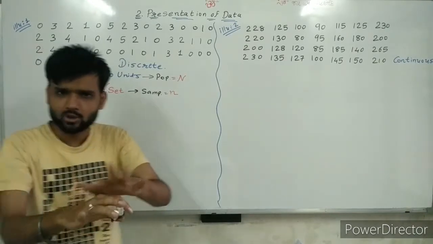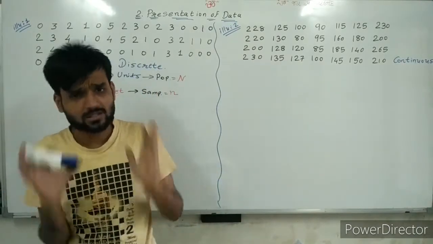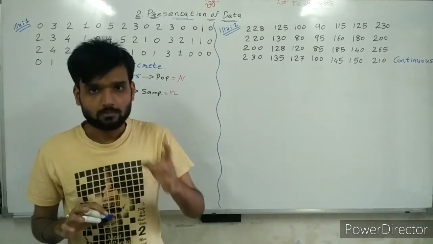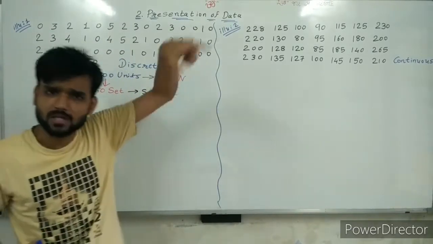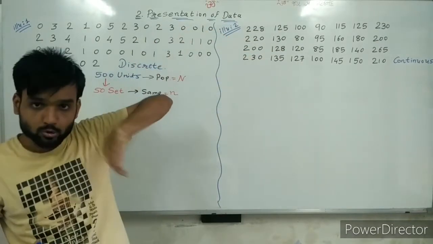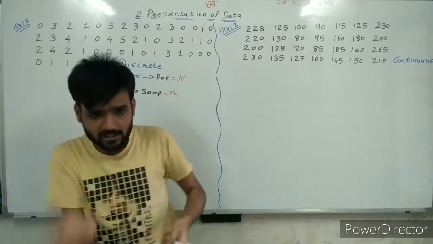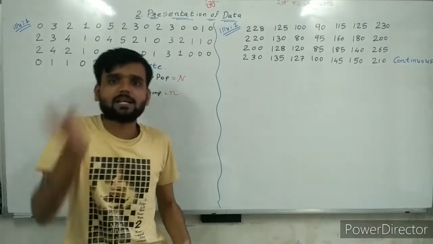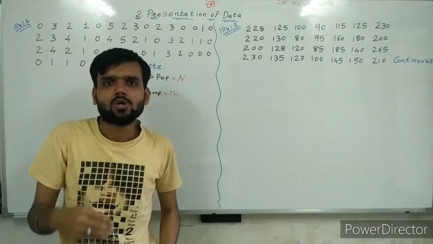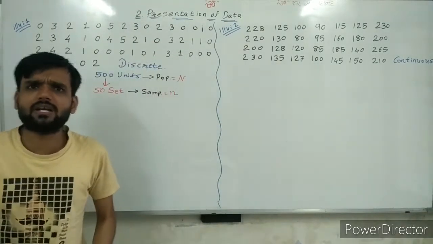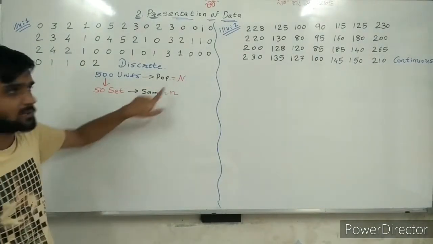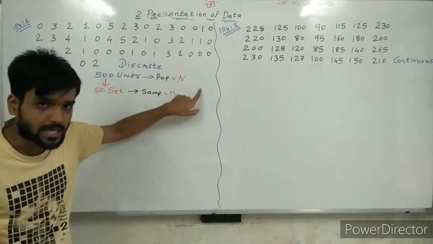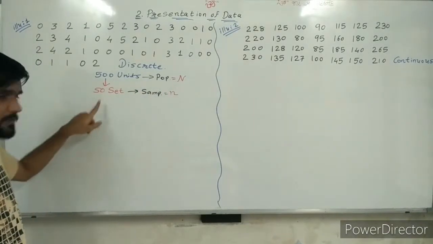Now this is not actually in this sum, but we want to connect all the things. Chapter number 1 is connected with chapter number 2, chapter 3 is connected with 1 and 2, chapter 4 is connected with 1, 2, 3. All these things are connected. So population, sample, population size, sample size: capital N is 500, small n is 50, that's it.